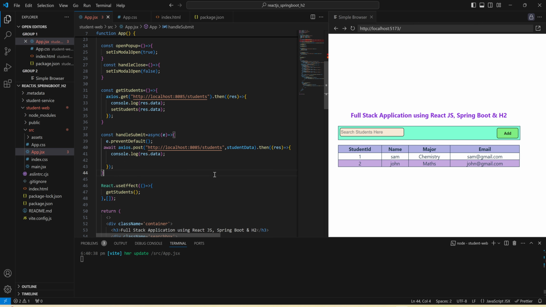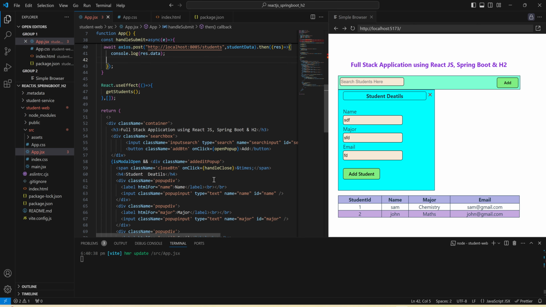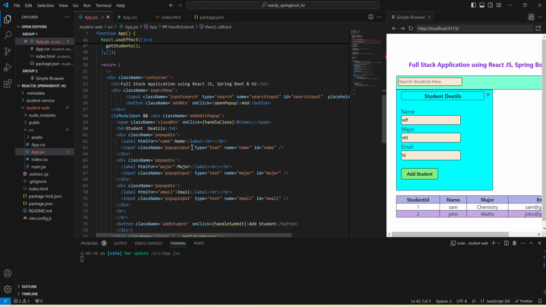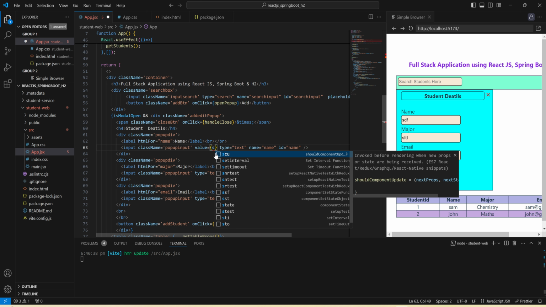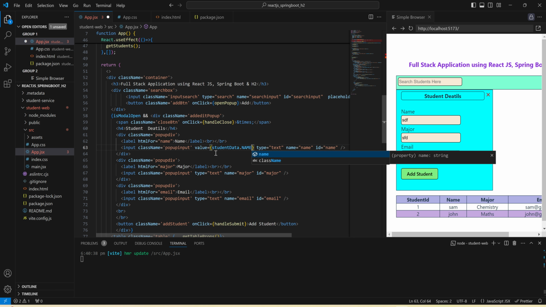Fine. Now one more thing, like now we have passed this student data, but it's empty. So whenever we click on this one, whatever data we type here, that should get populated or set into this student data. So for that we need to add some, like here this is our name text box. Here we can set the value as student data dot name,